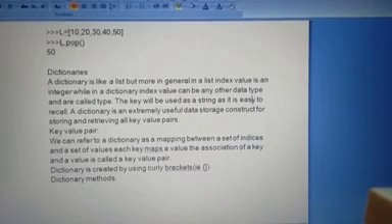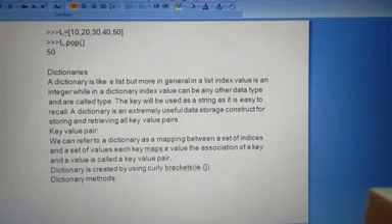The key-value pairs mean we can refer to a dictionary as a mapping between a set of indices and a set of values. Each key maps to a value.